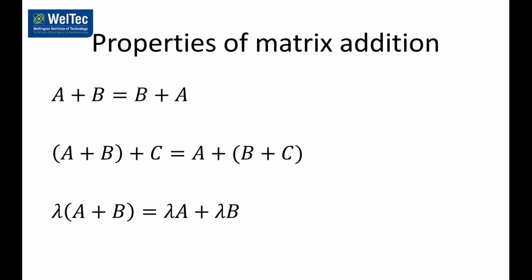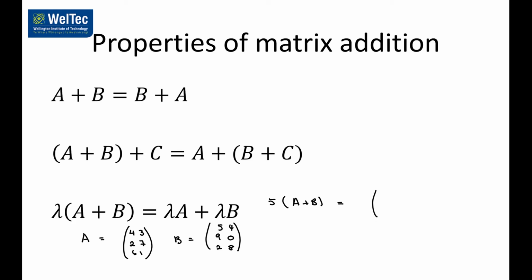So for example, if A is equal to 4, 3, 2, 7, 6, 1, and B is equal to 5, 4, 9, 0, 2, 8, then we can work out 5 times A plus B. A plus B will be 9, 7, 11, 7, 8, and 9. And if we're going to multiply that by 5,